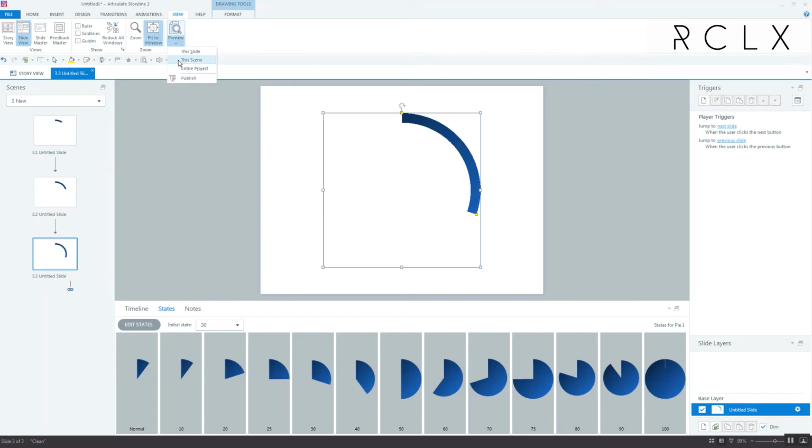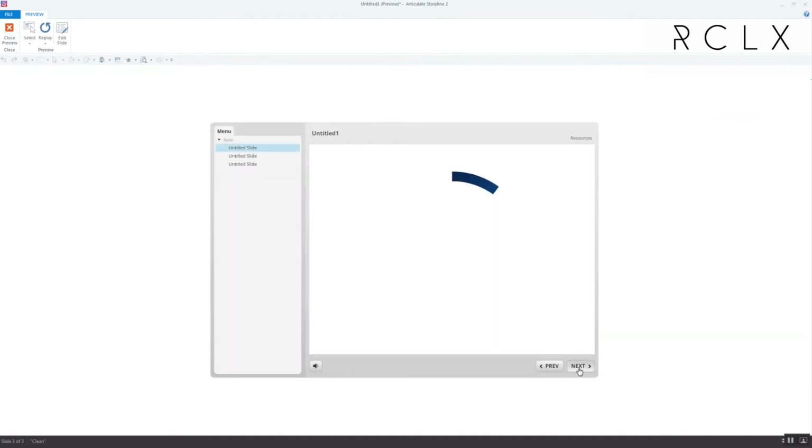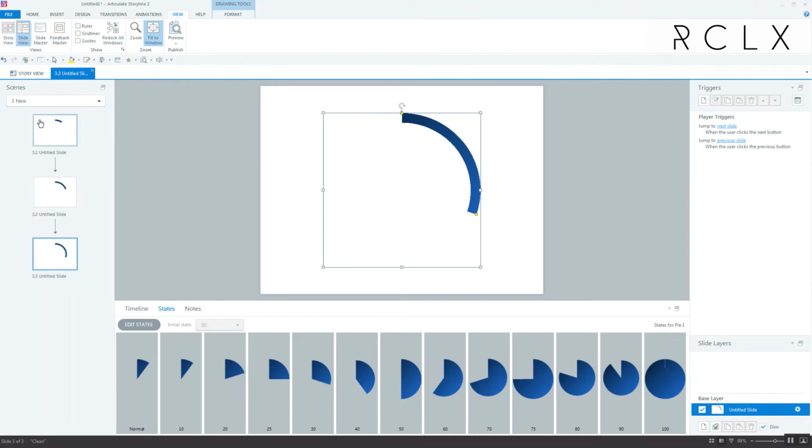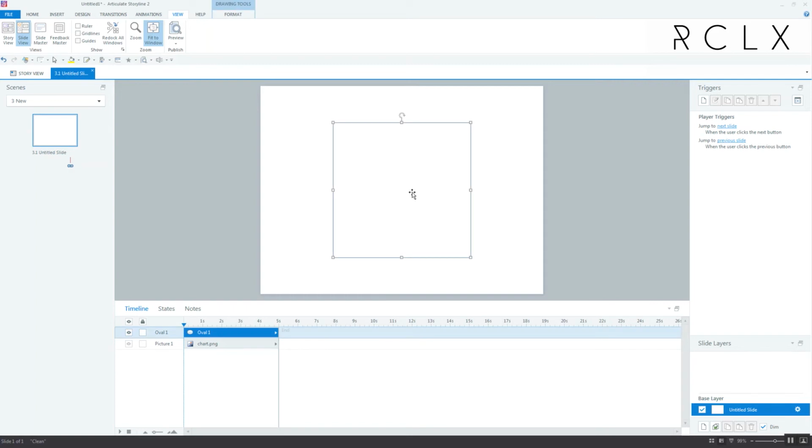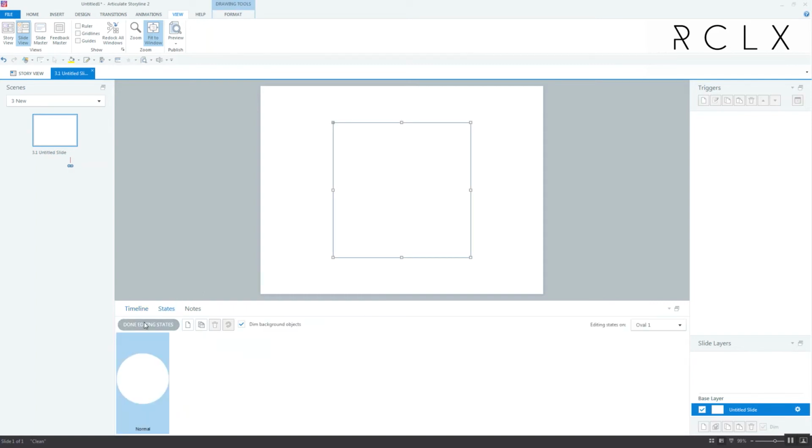And so if we preview this scene, we got our progress meter. Now let's talk about how to make the advanced one. So in the advanced one, I'm actually going to cut that and go into our white oval and add a new state